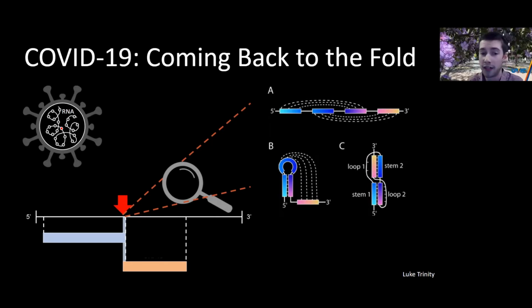The first and third sections are now paired together. We call this a stem, and the second section now forms a loop. In image C, you can see that the second section is now folded to meet the fourth section, completing the knot at this location. The most exciting part about this work is that many different viruses use knots like this